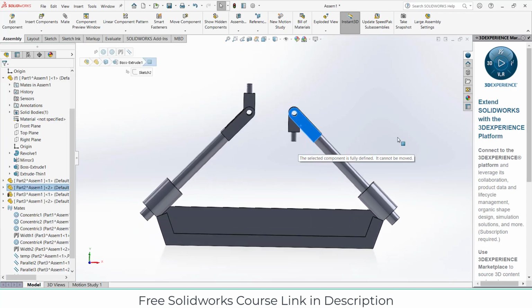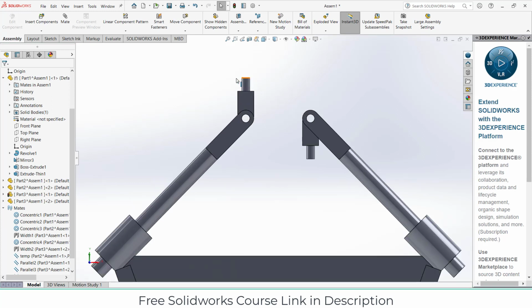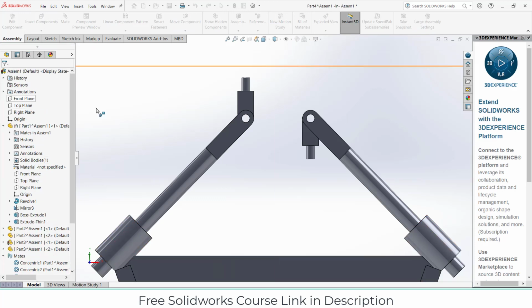Select this face, press Ctrl plus 8. Now I need to make a part here that basically has to rotate. So let's see how to approach this. So click on here, click on new part, select the front plane,